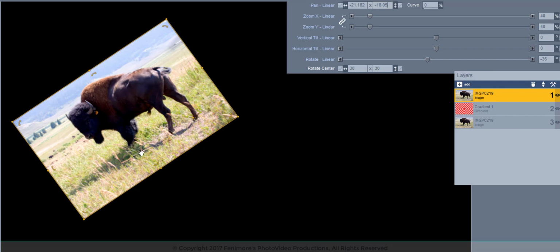So notice these things. There's a rotation point right there. We'll choose this and choose the layer we started with. Okay,